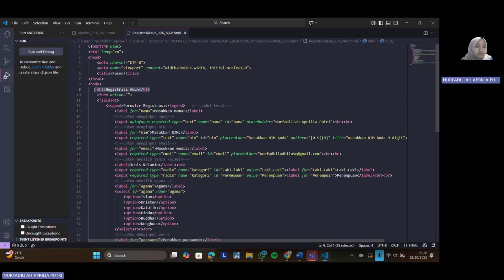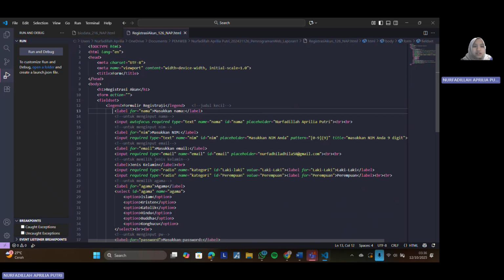This is a main heading. And then we use form to make the registration form, and also we have this to create a box around the form, and also we have this to give the title.